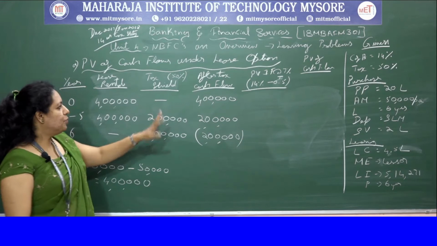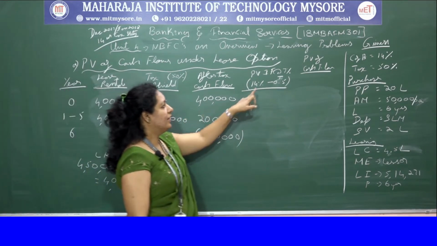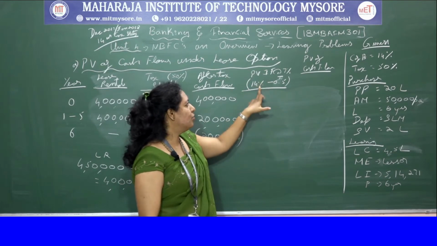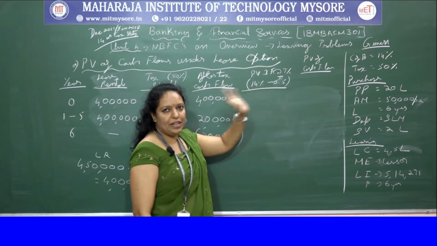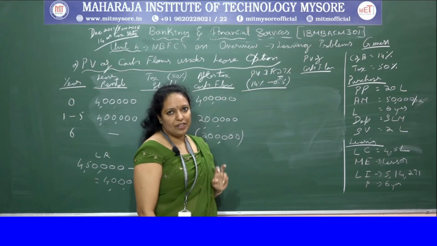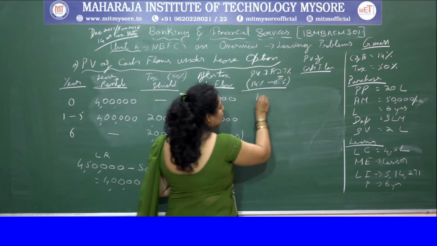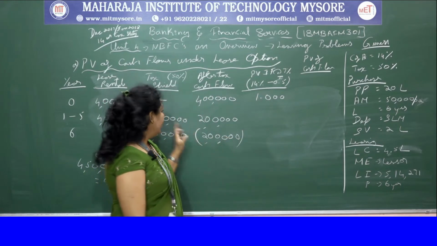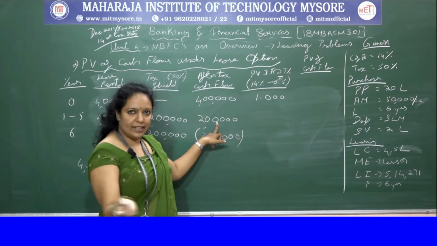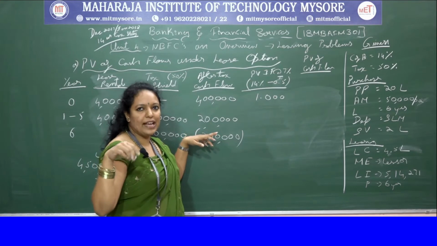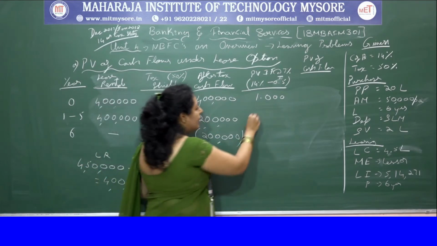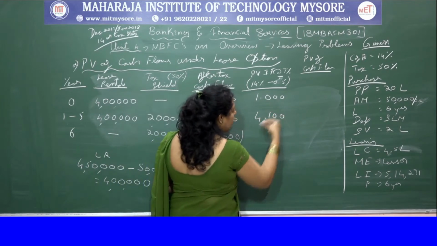Now let's put the present value interest factor, which is at 7%. How did you get 7%? The total cost of borrowing is 14%, out of which 50% you have to take, which is 7%. So this is 1, always 0. Here it is 1. And this you can see in the table, or later on when you do the calculation, I'll show you how you got 4.1. I'll tell you later. So here the value is 4.1.